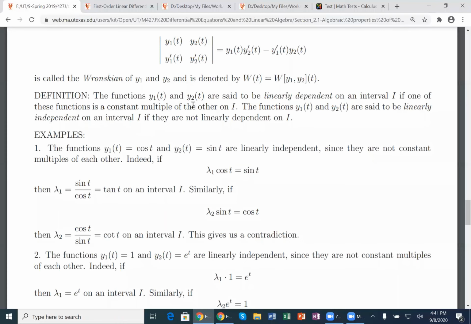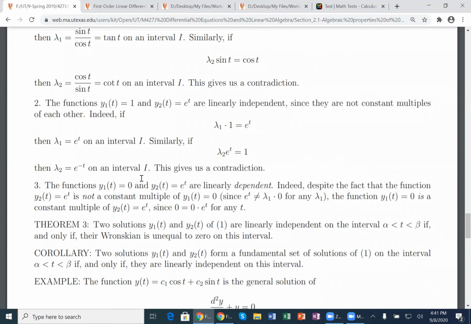It's better to say one function can be deduced from the other function by means of multiplication by a constant. Like here, these two functions are actually pretty different, but they are dependent because this is this times a constant